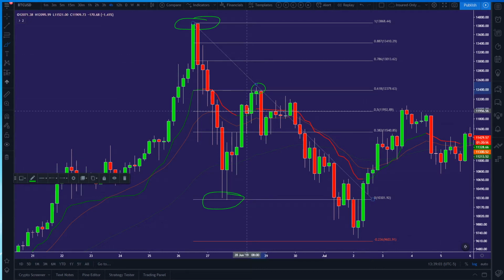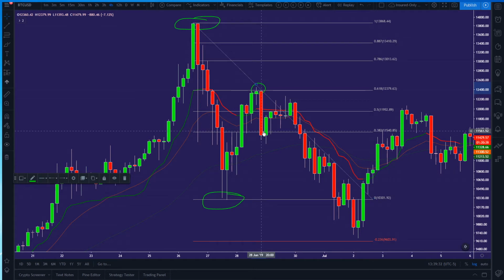Your first line of defense is going to be your 50, and then your ultimate level is going to be the 618. And if it goes beyond that, if it goes much beyond 65%, I'm not going to get too much into that, but if it goes much beyond the 618, then chances are pretty good the price is going to continue to go higher. But if it does stop here, and you can see we had a really great reaction off of this 618 algo, this is basically telling us that we are going to be looking for a move to